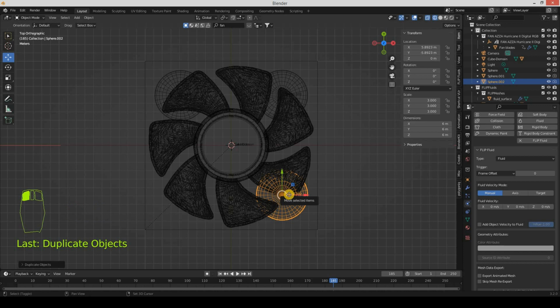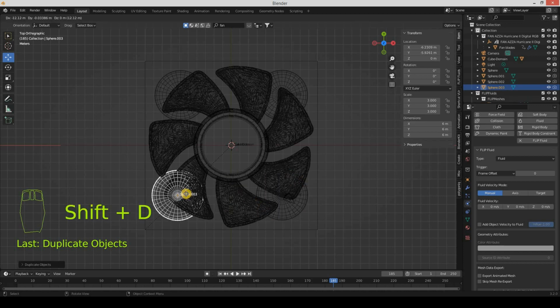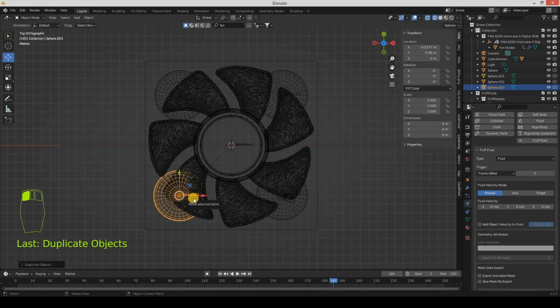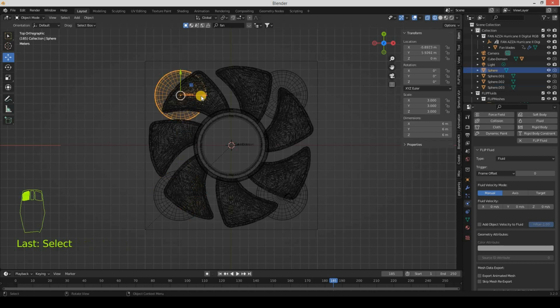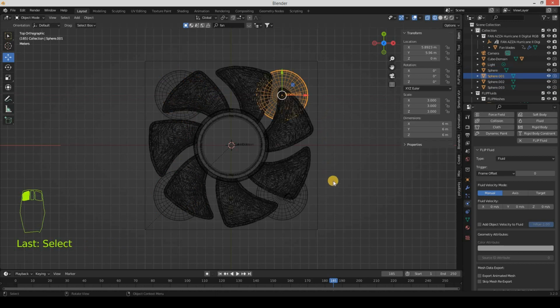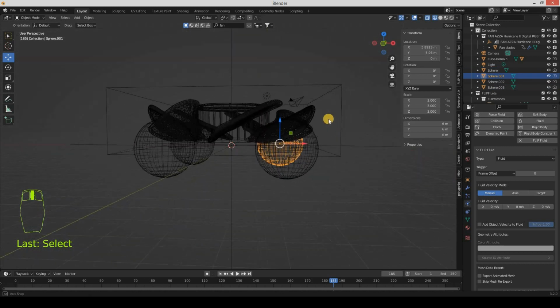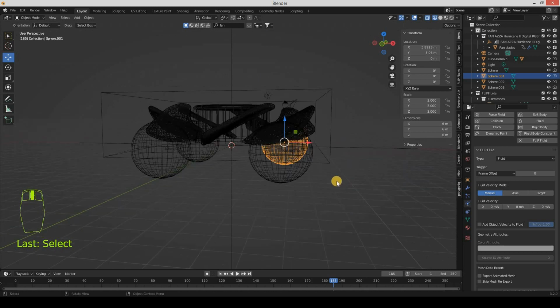Duplicate it again by pressing Shift D and put it something like this. So you can see I have nearly placed them at the same spots on the opposite sides, and they are a little bit lower